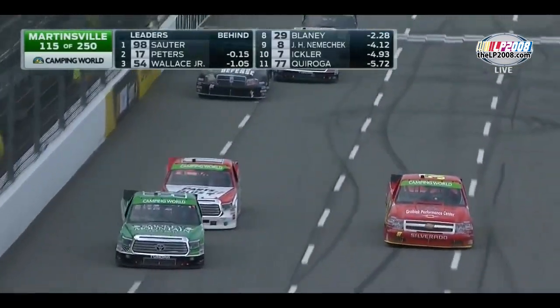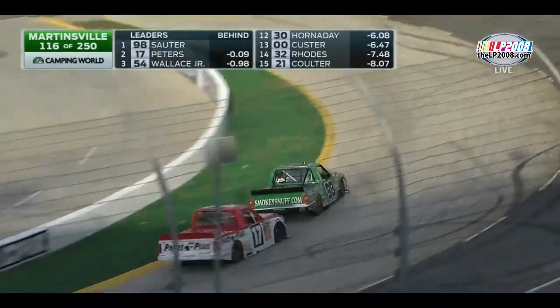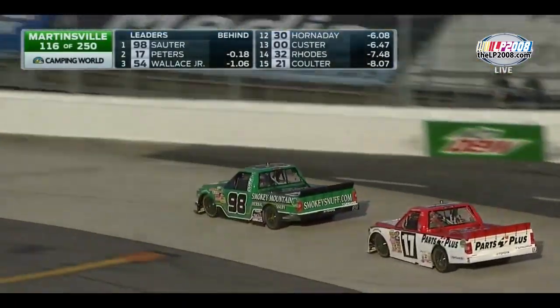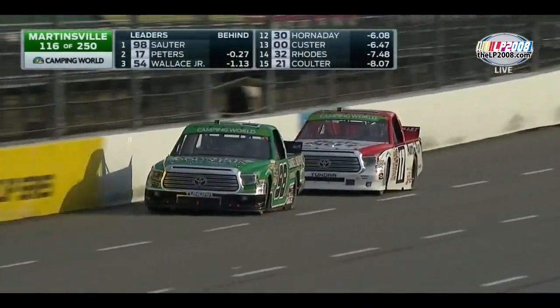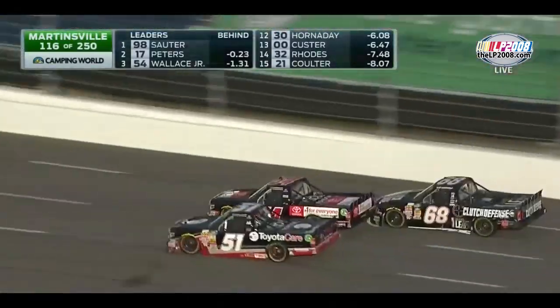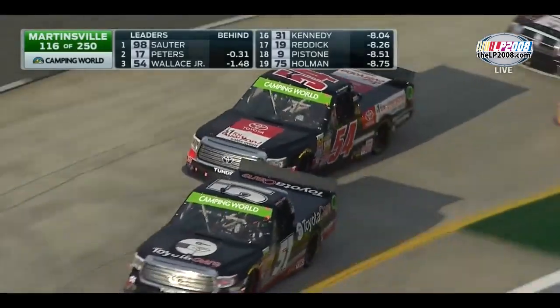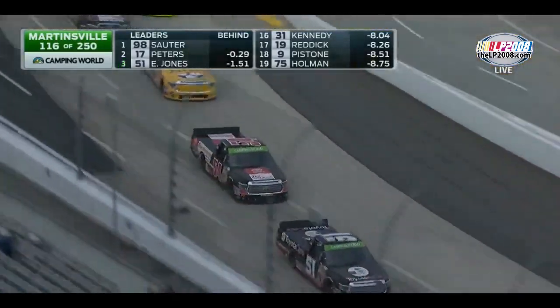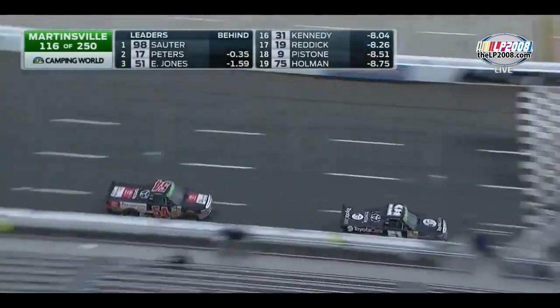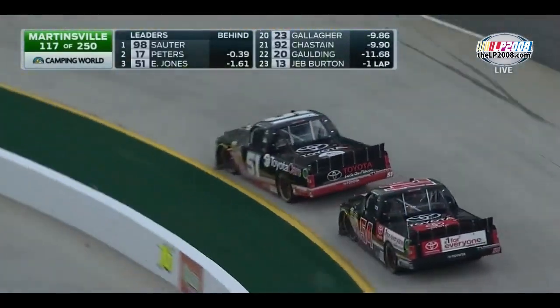Here comes the battle for the lead. Timothy Peters has to check up. Have they go by Norm Benning? What about that block Johnny Sauter threw? That's just what that was. That's exactly what that was. Johnny said, I know there's a little room there, but it's not going to be there long. Johnny Sauter still out in front. Timothy Peters trying to fight for position. Eric Jones makes the move to the inside of Darrell Wallace Jr., and he takes the spot away. Eric Jones took advantage of Bubba Wallace having a little problem with some lap trucks, dove to the inside and